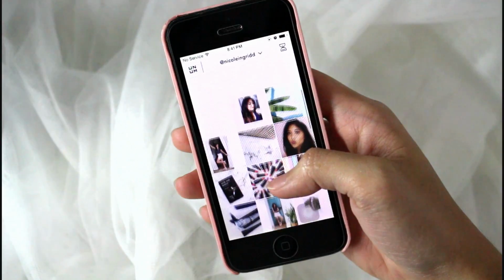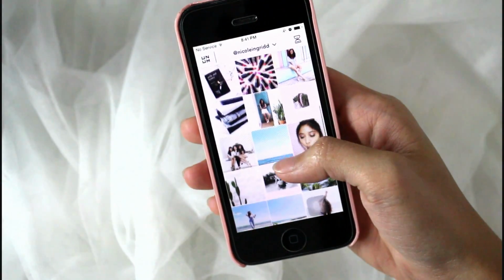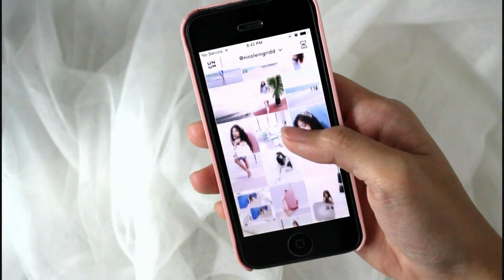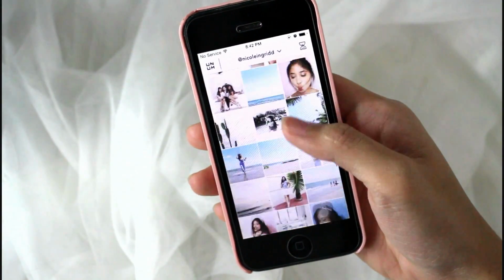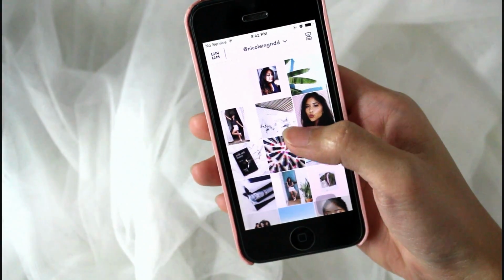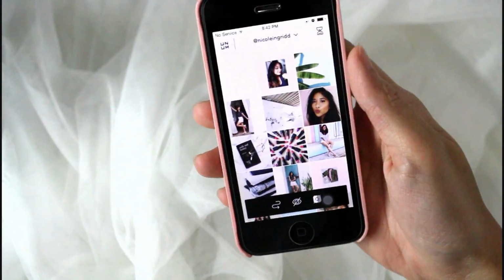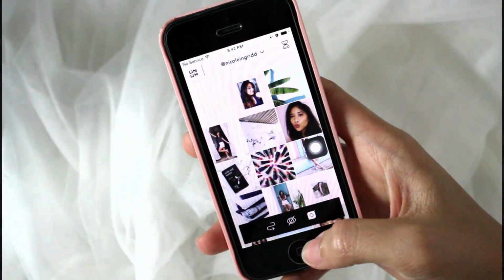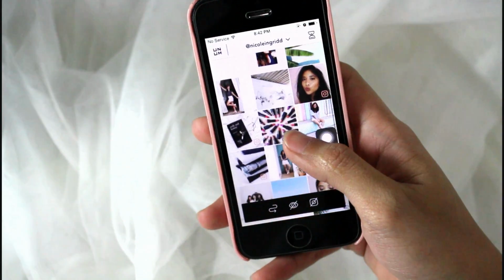So here, my feed on Instagram is actually already loaded onto it. It automatically does that, and at the top I have tons of space to add the photos that I plan on uploading onto my Instagram. So one of the features I love most about it is that it has this button that can temporarily hide a